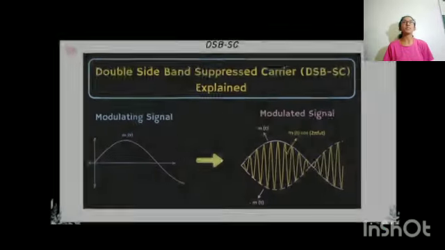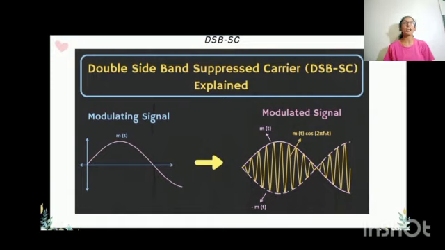This is the time domain representation of a DSB-SC modulated signal. Here, m(t) is the message signal or modulating signal, and cos 2π fc t is the carrier. At every zero crossing of the message signal, there is a phase reversal in the modulated signal. Let us see how to generate a modulated signal from a DSB-SC wave. Modulation is basically the multiplication of the carrier signal and the message signal in a multiplier IC. If we apply the message and carrier signals to it, we get the modulated output.